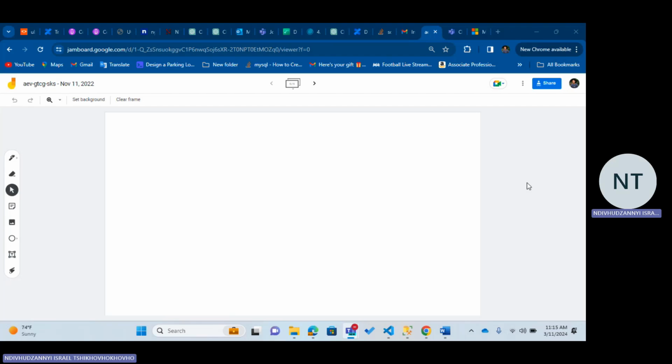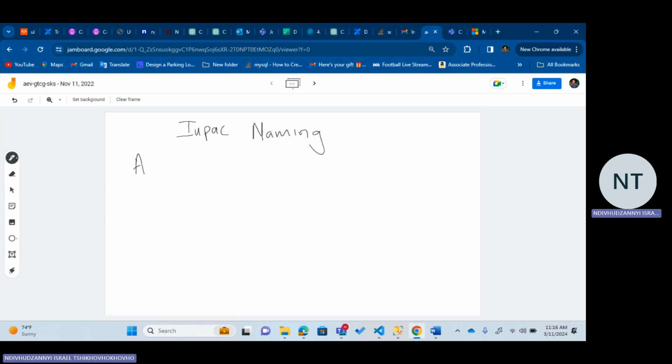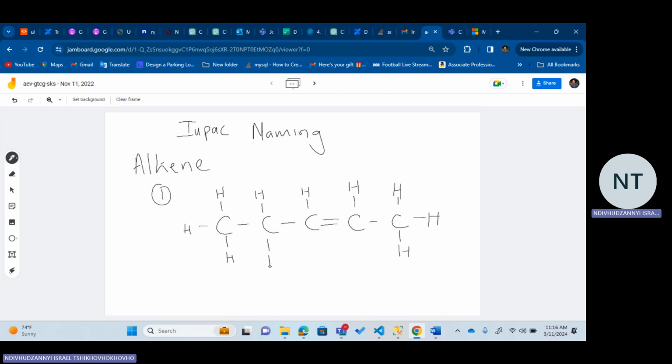Today we'll be doing IUPAC naming for the remaining two, which are alkene and alkyne. So we'll start with alkene. Let's say, for example, we have this structure with a double bond at C2, 3. Let me keep it simple for now. To identify an alkene, you have to see a double bond somewhere in your structure, and